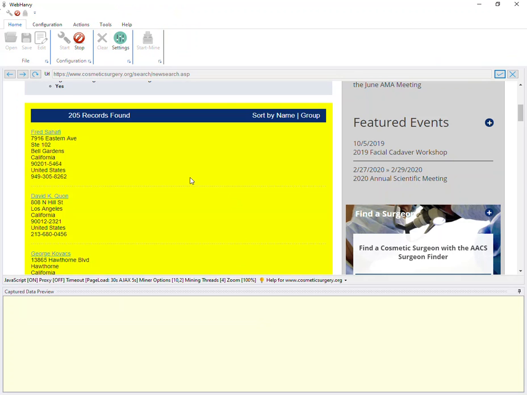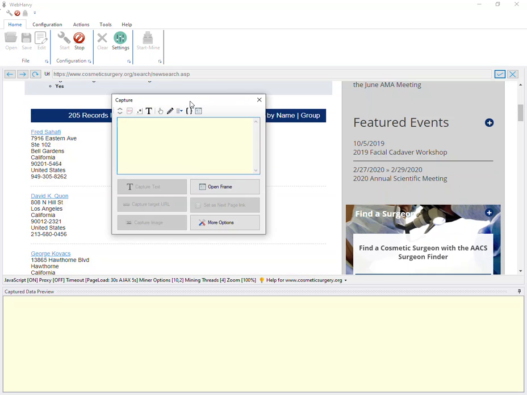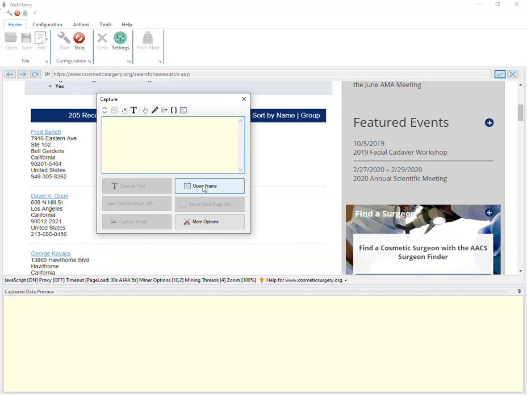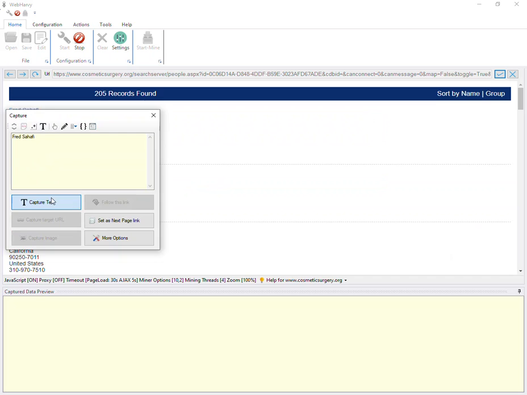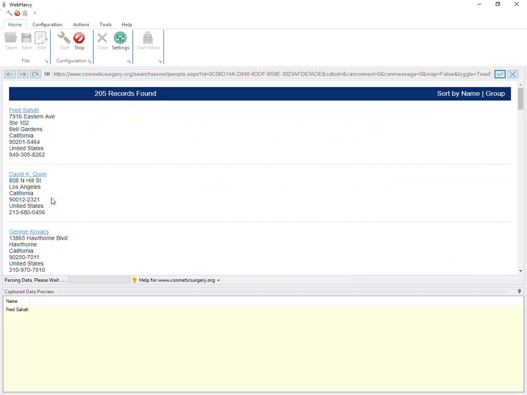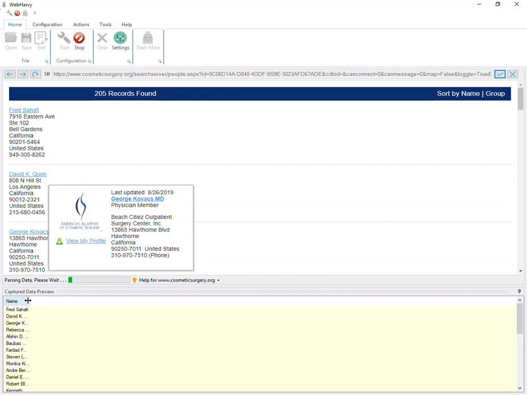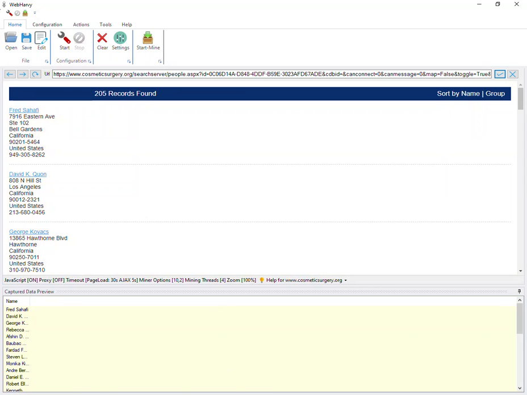But with this version, if the data occurs within a frame, you can just click on it and the resultant capture window will have this option called open frame. And if you click on it, WebHarvy will automatically open the frame content, and then you can go on and select the data which you need to extract. So right now you can see that the pattern handling is handled automatically by WebHarvy. So the number of interactions which you need to do while configuring the software is now lesser. So let's go to the next feature,